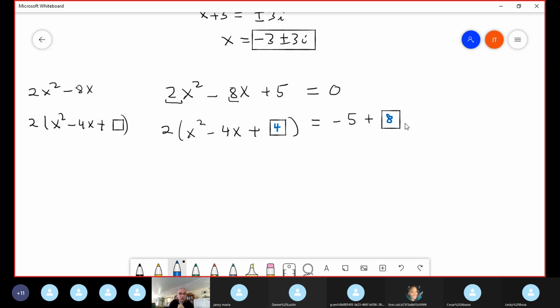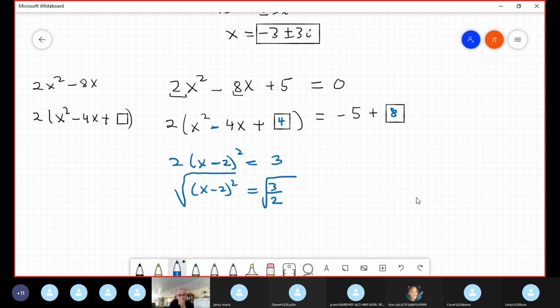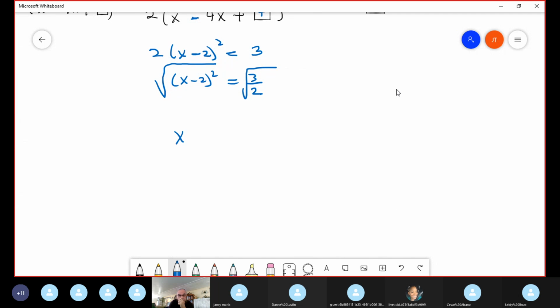Okay, now we combine: we have 2 times (x minus 2) squared. We confront these 2: one of these 2 is the square root of 4. This x was the square root of this, and its sign is always that sign. So in the right-hand side we have 3, no? 3 here. Okay, now we are ready to divide by 2, because I want to isolate the binomial. It's 3/2. And apply the square root. So we have x minus 2